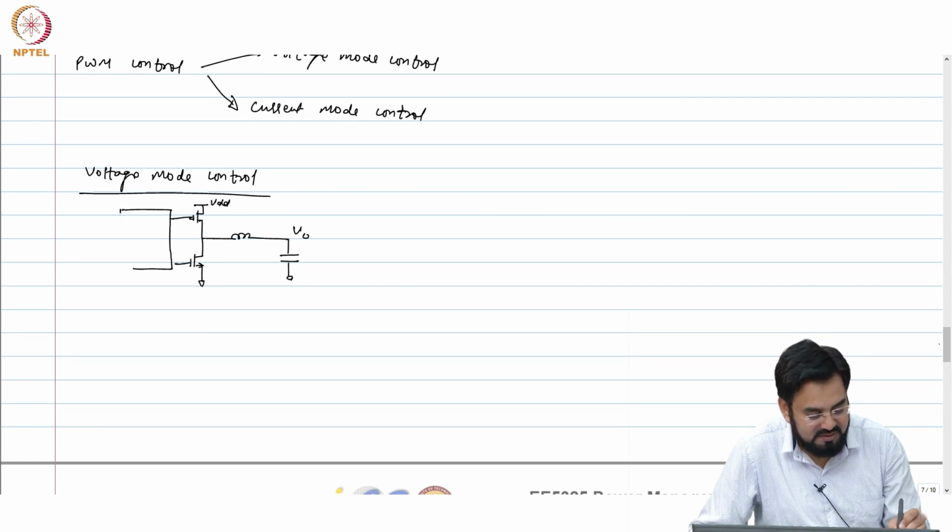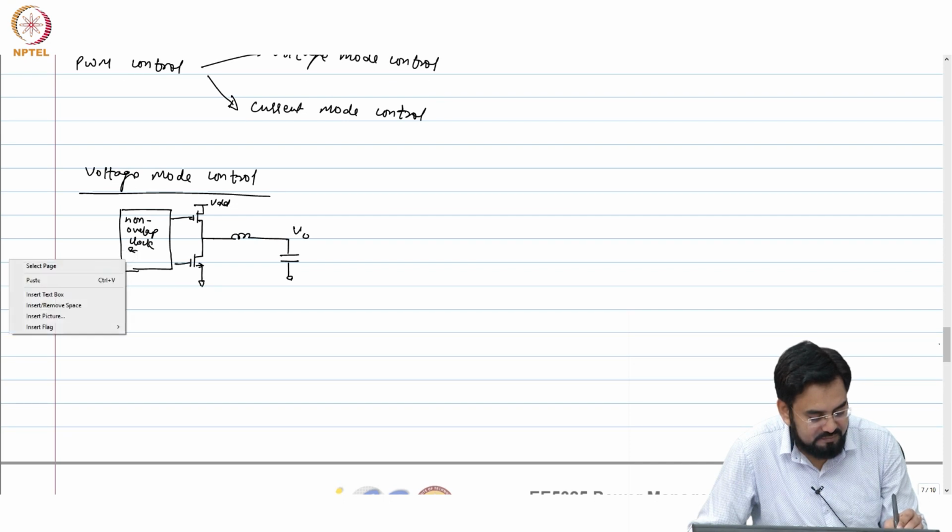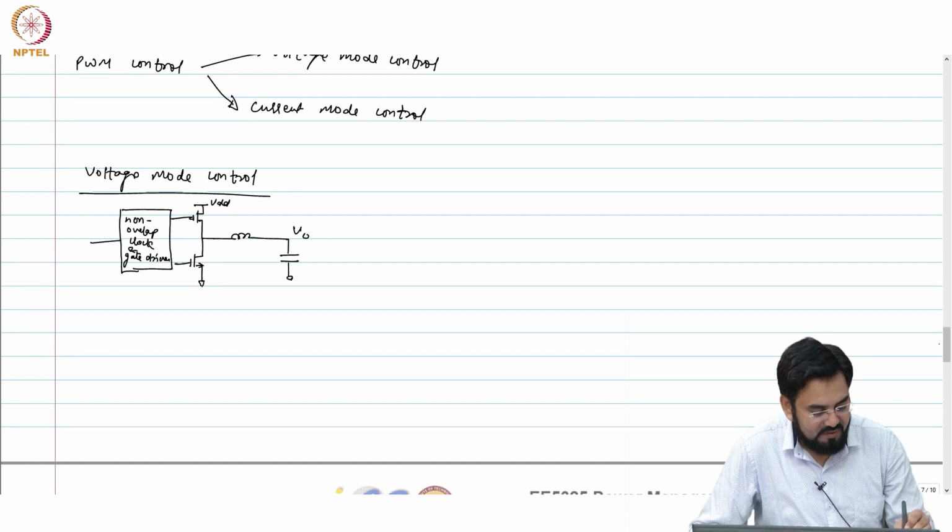So, you usually use gate drivers which have a non-overlapping clock. A gate driver is nothing but a buffer, and you feed PWM here.